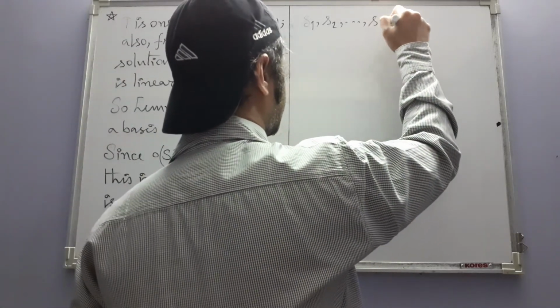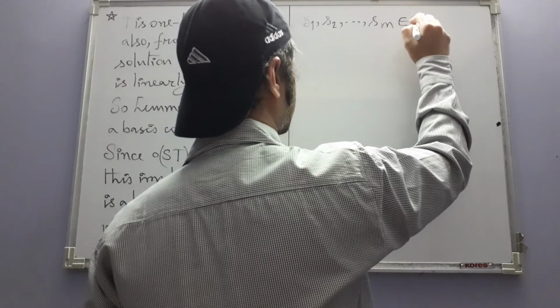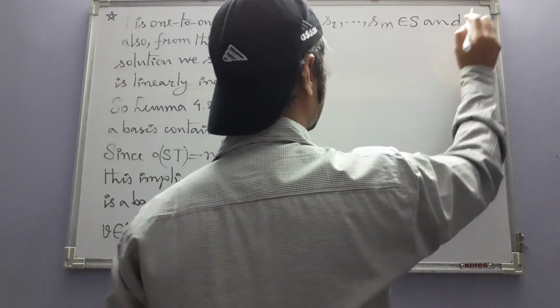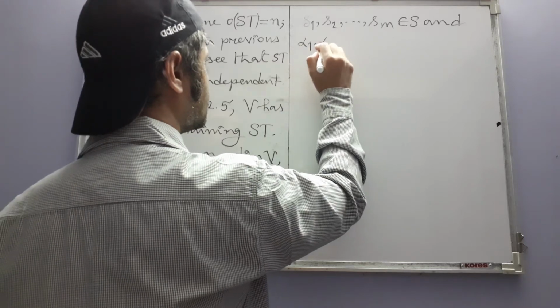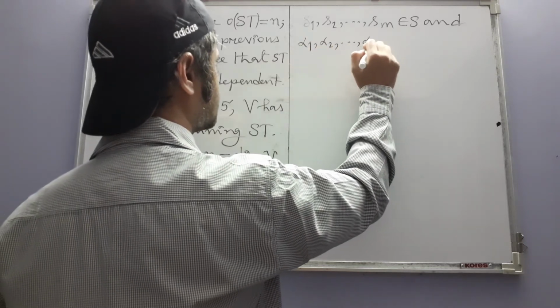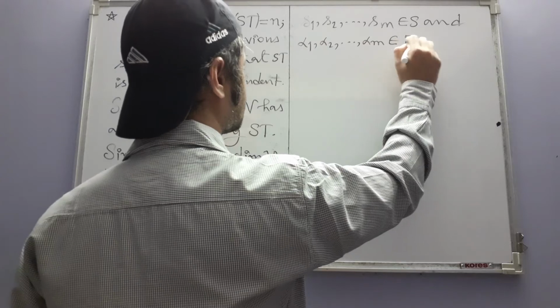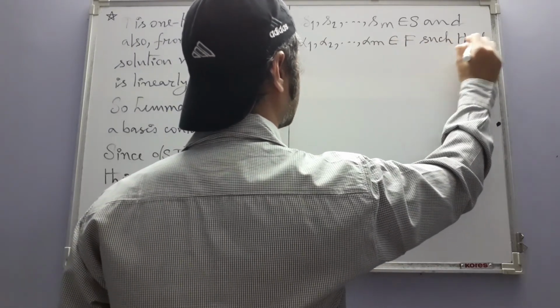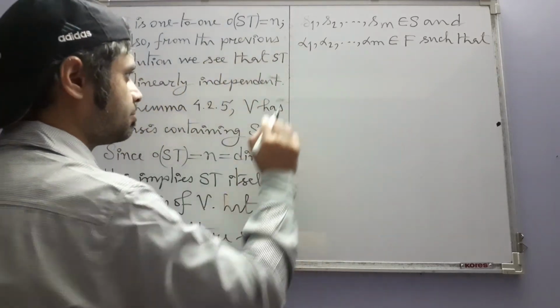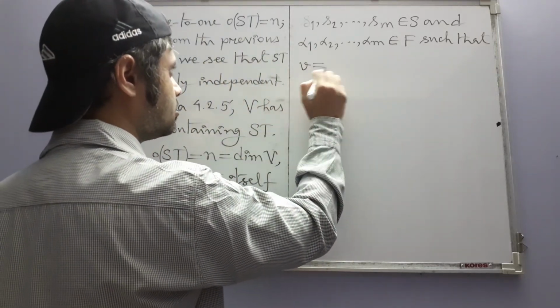So let us take m elements belonging to S and an equal number of scalars such that v is